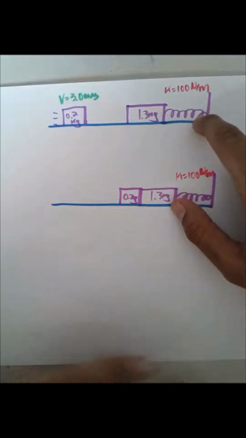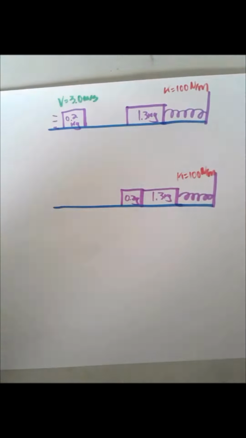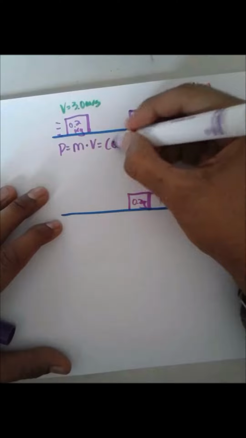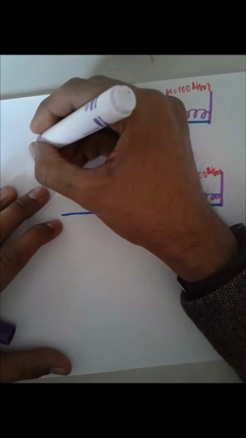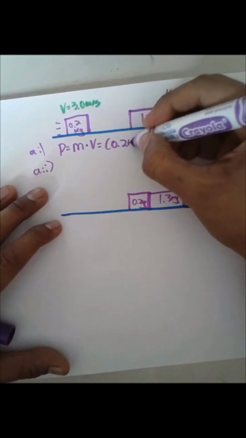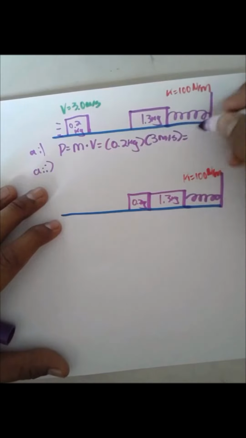So we need to find the linear momentum of this 0.2 kilogram mass before the impact as well as its kinetic energy. This is light work. This is part A1, and we'll do A2 below it. P is equal to M times V. The mass is 0.2 kilograms. The velocity is 3 meters per second. So we should get a momentum of 0.6